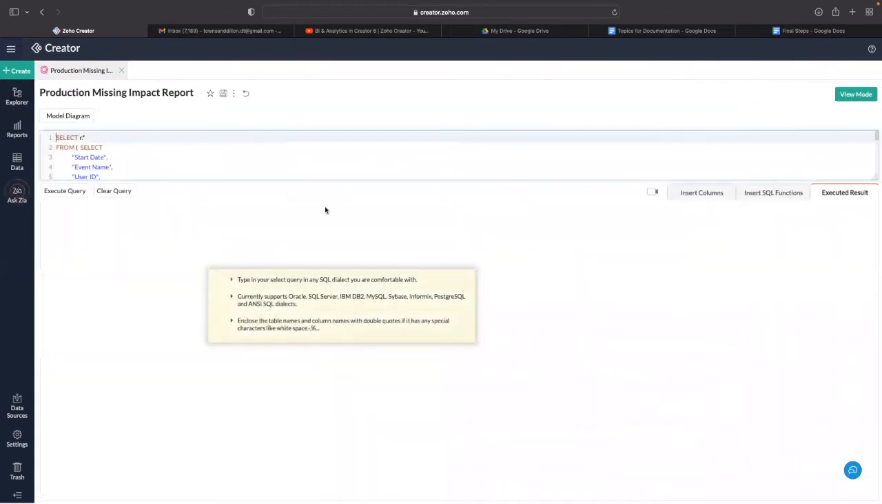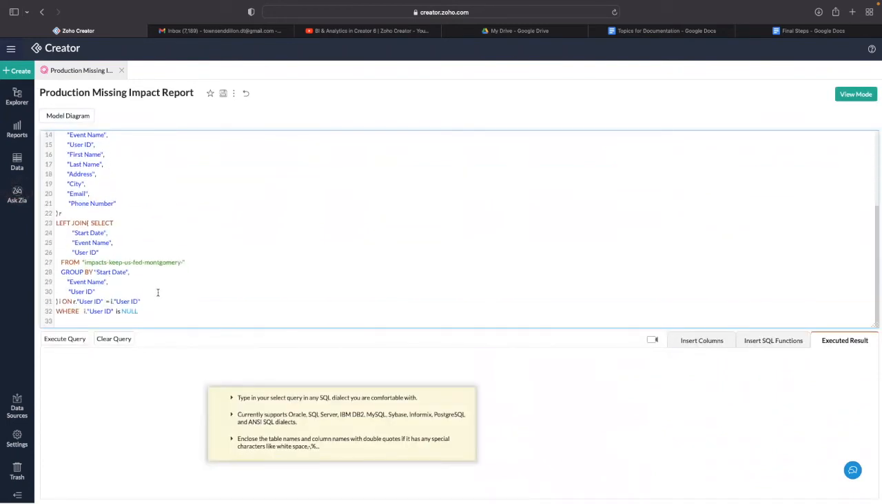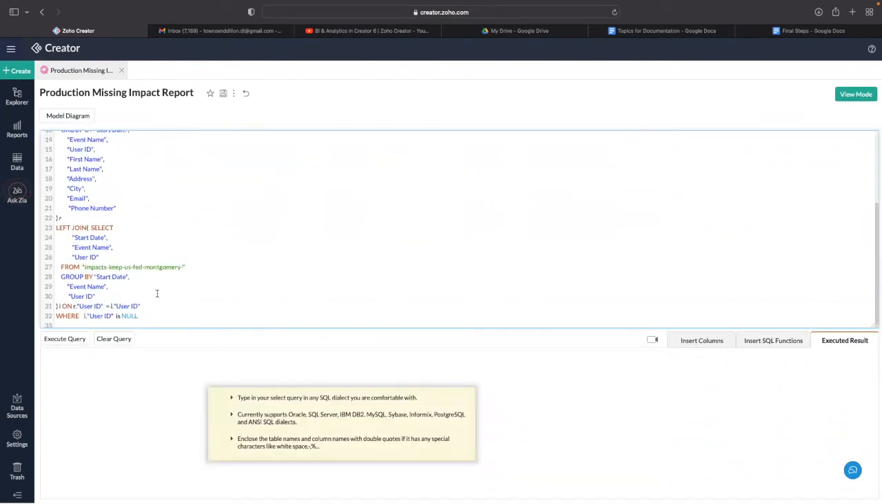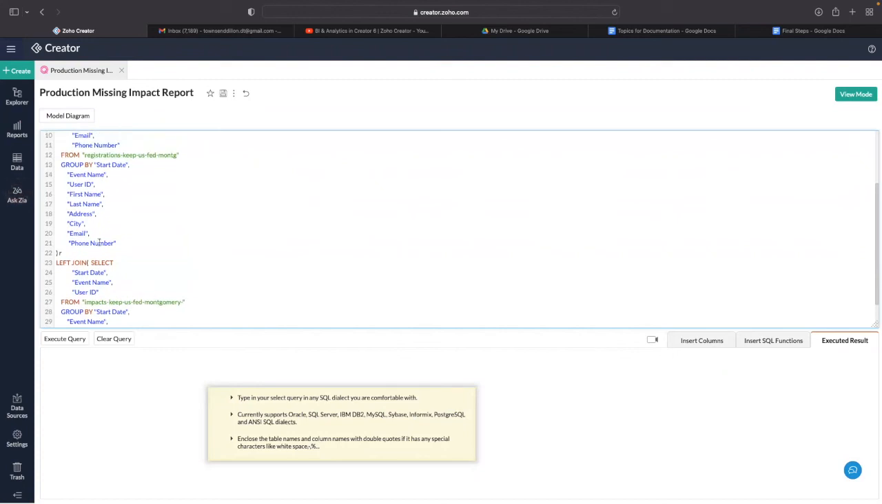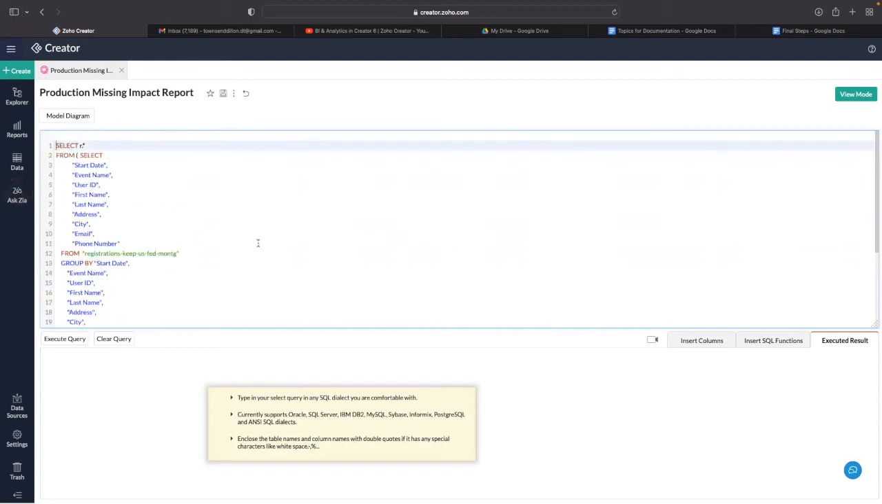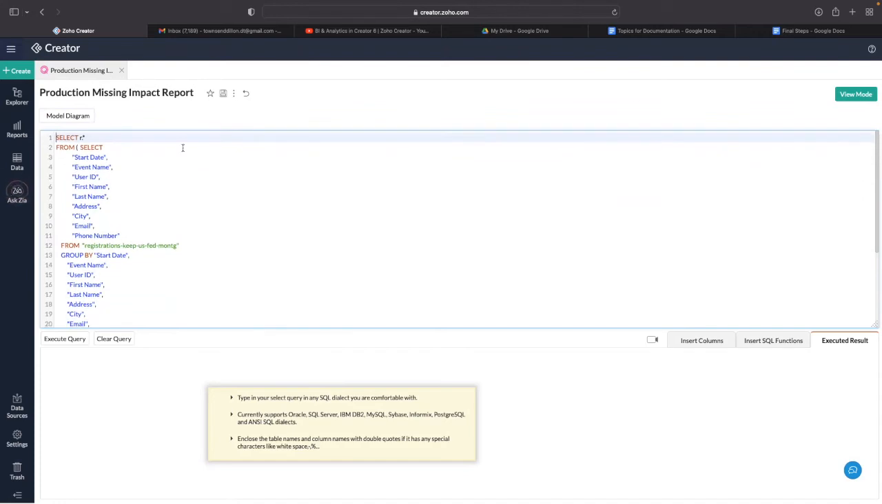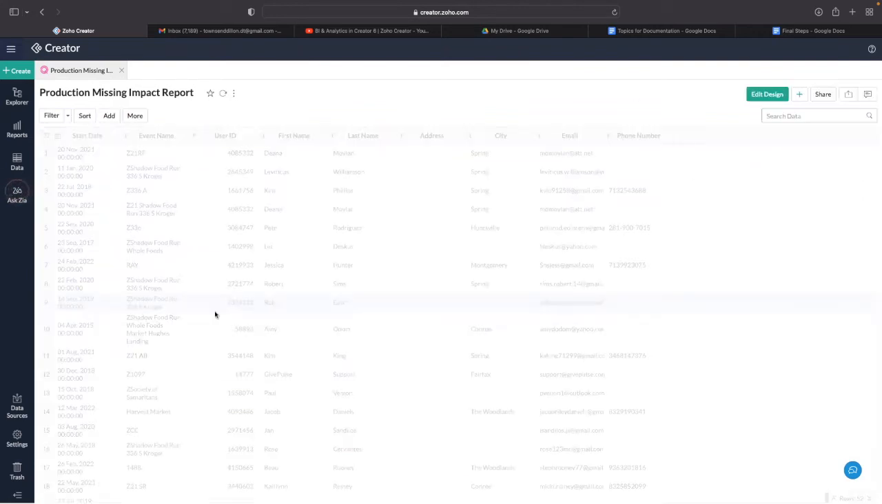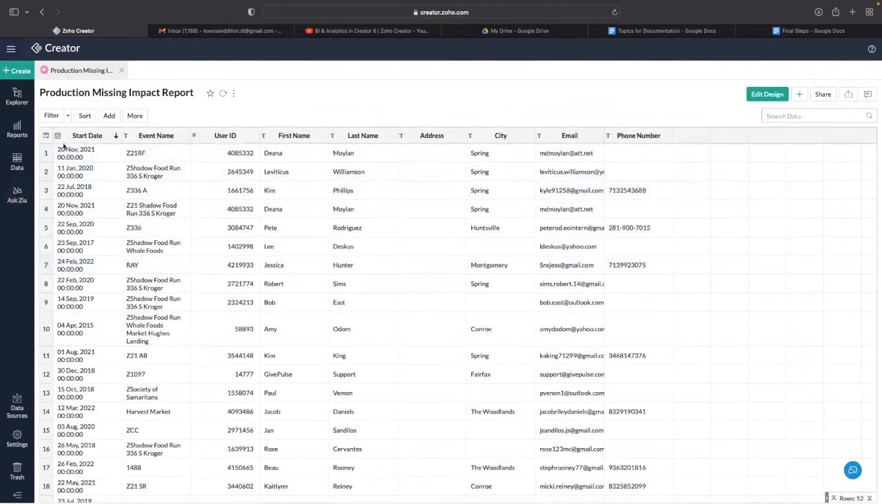So if we look at this design, essentially what this SQL query that we have written does is it shows all the records that occur in registrations and do not occur in the impacts file, grouped on event name and then grouped by start date. And that's more easily shown if we go into view mode. And so we can see that